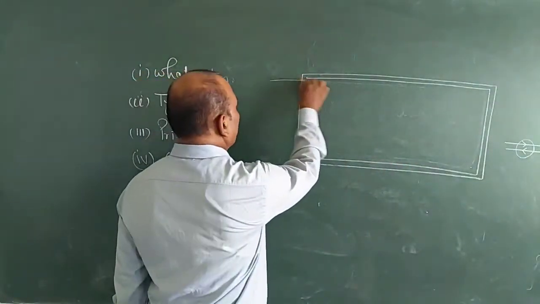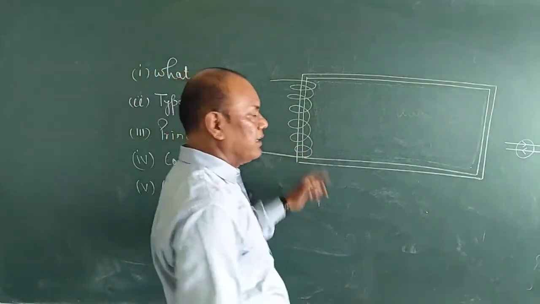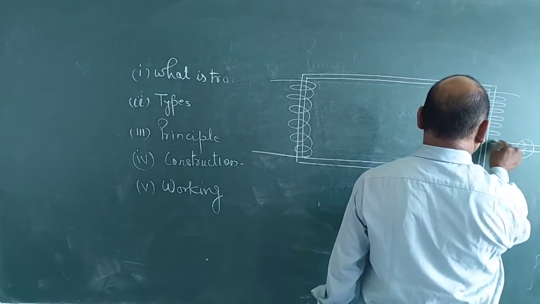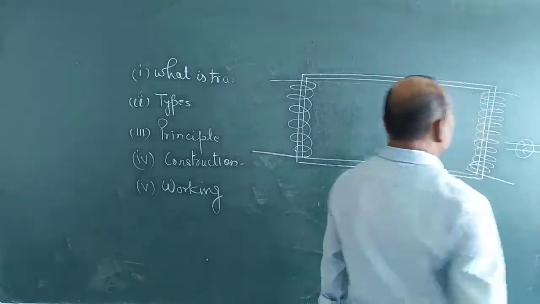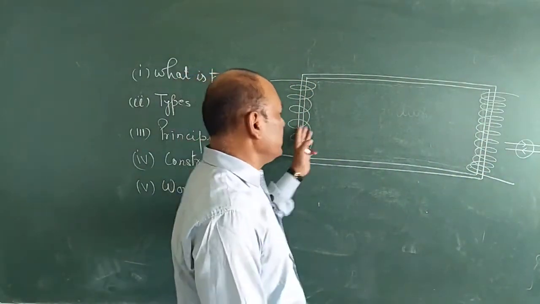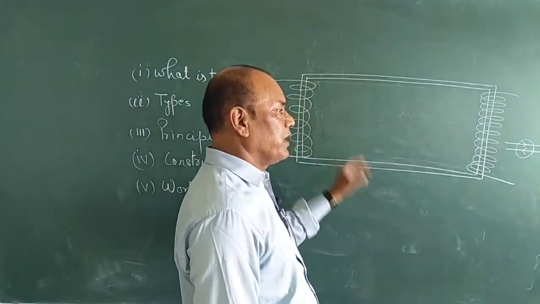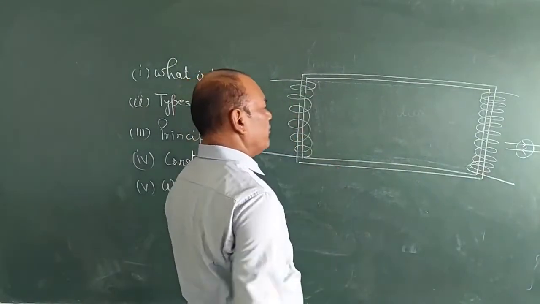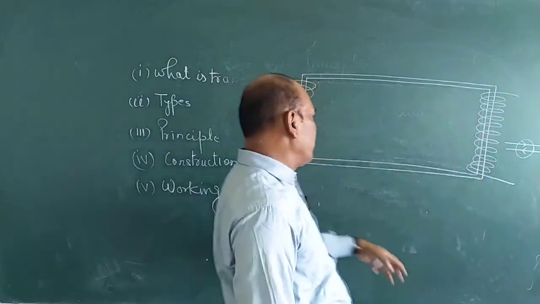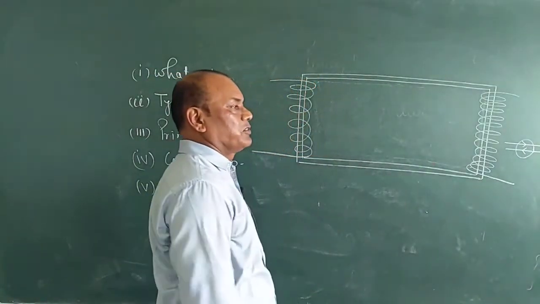Coils are wound. Here let us suppose a thick copper wire is wound here and a very thin copper wire is wound on this side. So the number of turns here is greater than the number of turns in this coil. So these two coils are placed coaxially with each other in the construction of this transformer. Now here the number of turns is less than the number of turns in the secondary coil. So it is the secondary coil and this is the primary coil. So this is the construction of a transformer.